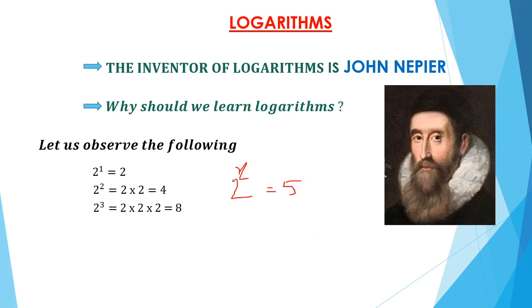If 2 power x is equal to 5, then can anybody tell me the x value? Here 2 square is 4, 2 cube is 8. What about 2 power x is equal to 5, then x value? There is some x value which is an irrational number. So there must be a value, but it is an irrational number. It is close to 2 because it is very near to 4. So I think x is nearly 2.3 or something like that.